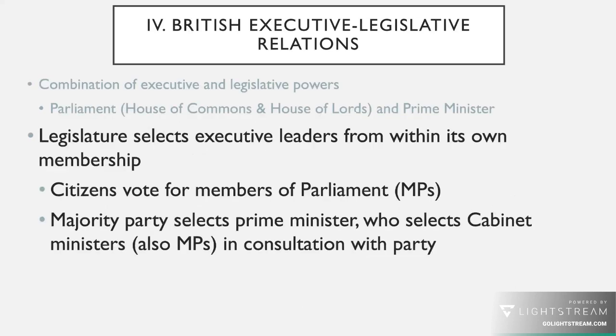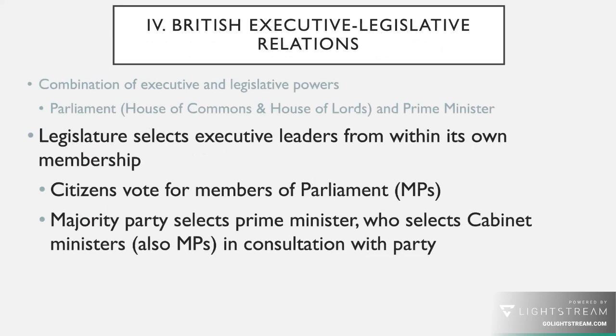And the way that works is that the citizens vote for members of parliament, often abbreviated MPs, and then the majority party of parliament gets to select the prime minister. So in other words, the prime minister is voted on amongst the members of the parliament. So it makes sense, of course, that the majority party within the parliament would have the final say as to who that person was. Once the prime minister is selected, the prime minister will then select cabinet ministers in consultation